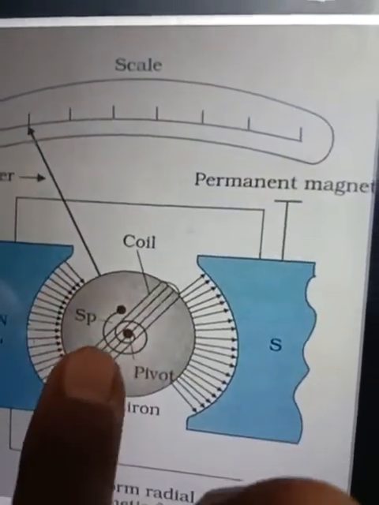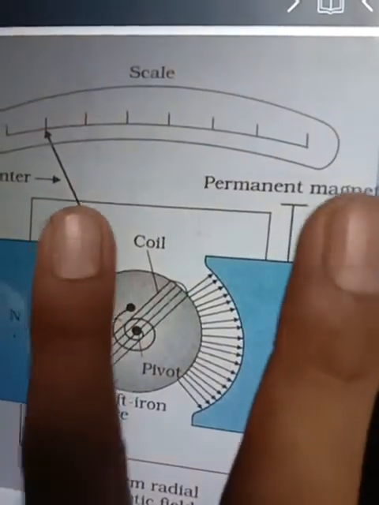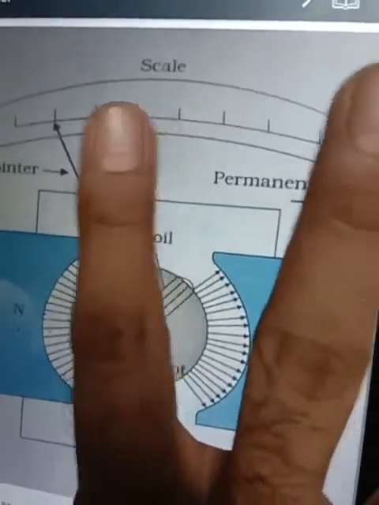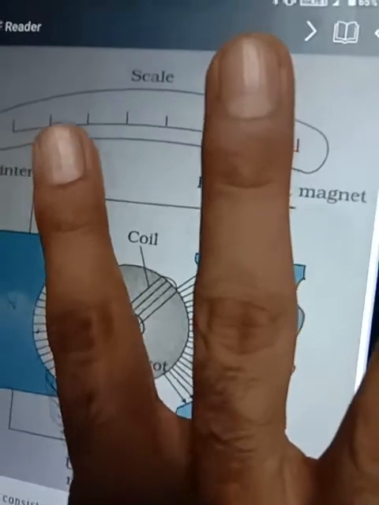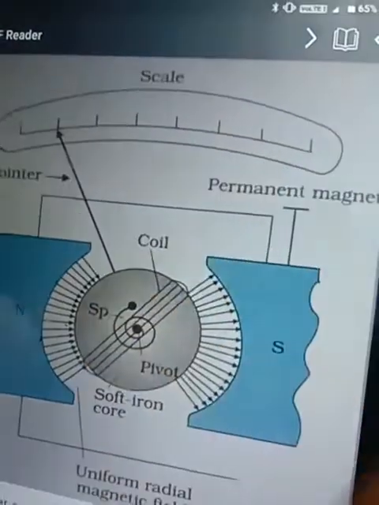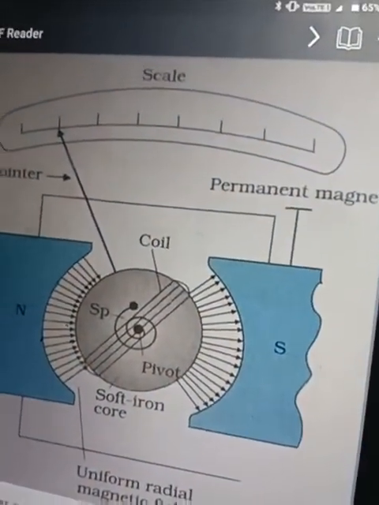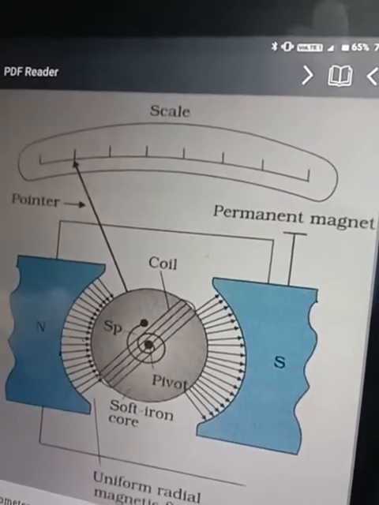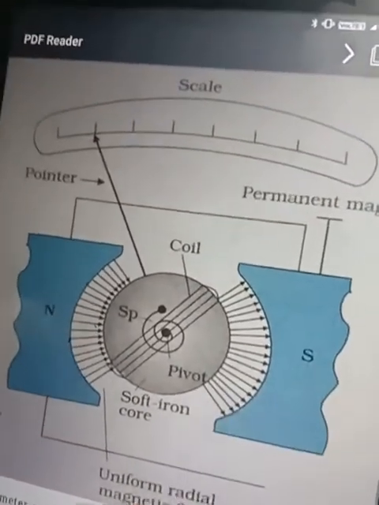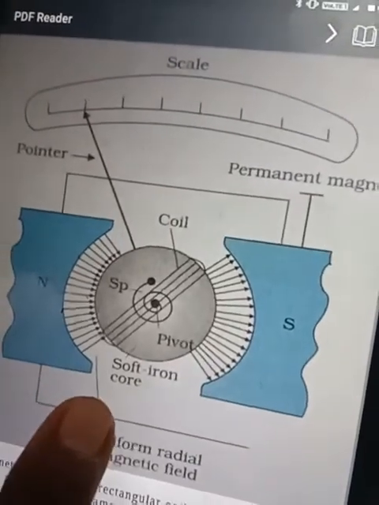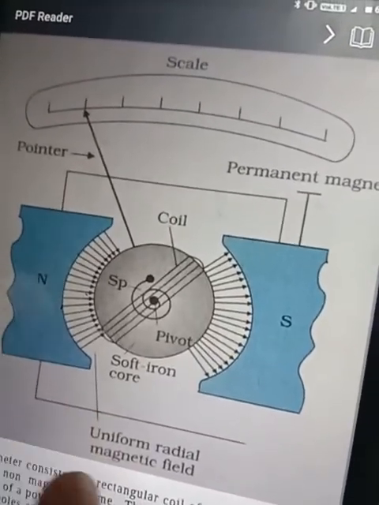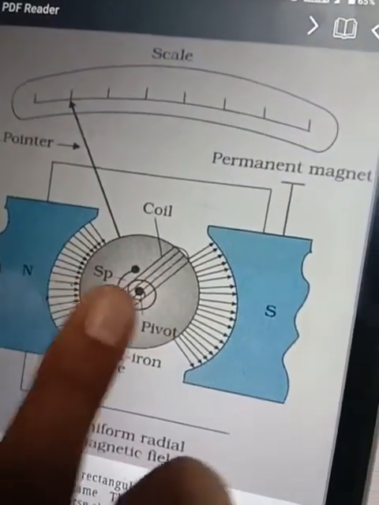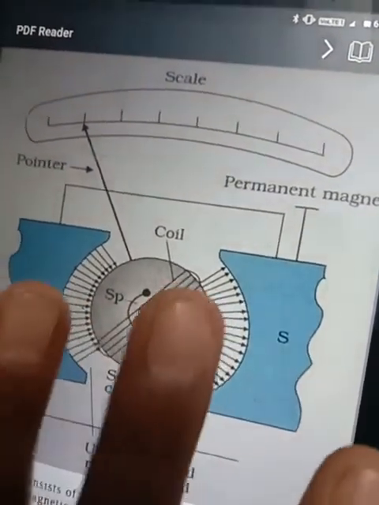Spring इसमें दिखाया नहीं है, spring is inside that. So what is the function of the spring? The function of the spring is that how much it will move on the left side, on the same it will move on the right side. So this will have the torque. So this is the construction of the moving coil galvanometer. And in the case of moving coil galvanometer, you have to just understand that this coil will be acted by two types of forces.